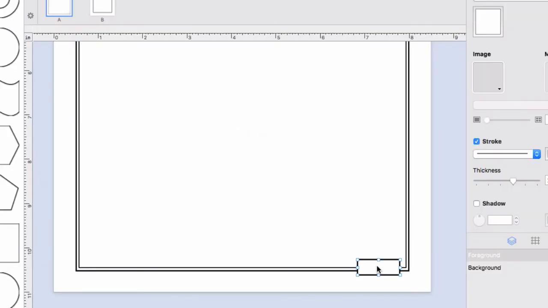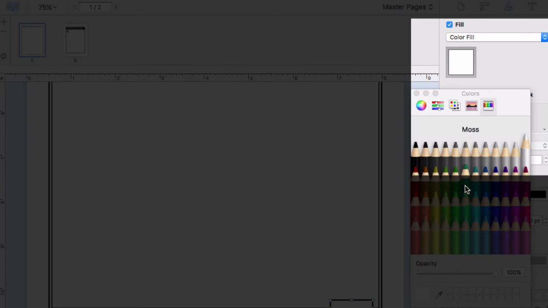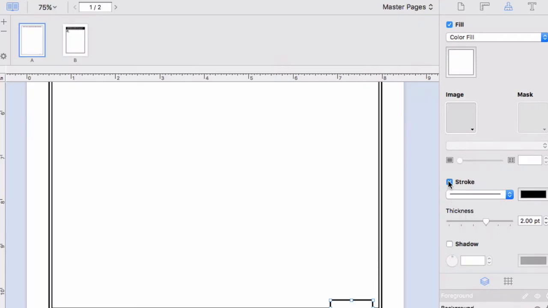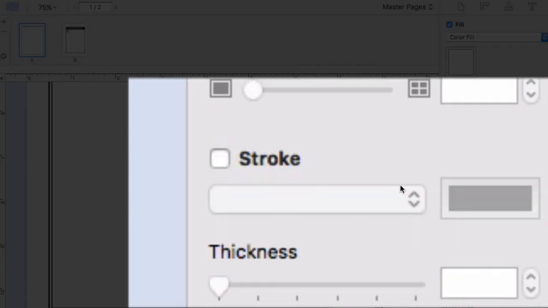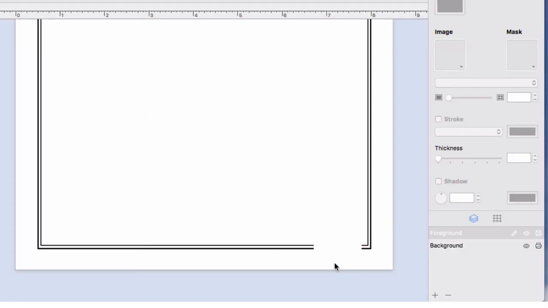But what I want to do with this rectangle, for color fill, I want to make sure I'm on white. See, it could be any color. I want to make sure I'm on white like this. And then I want to come into where it says stroke and unclick it so there's no stroke there. So see what I did? I made a space in here. I might even make this a little bit wider. I have a space in here where I could put something, and that's where I'm going to put my page